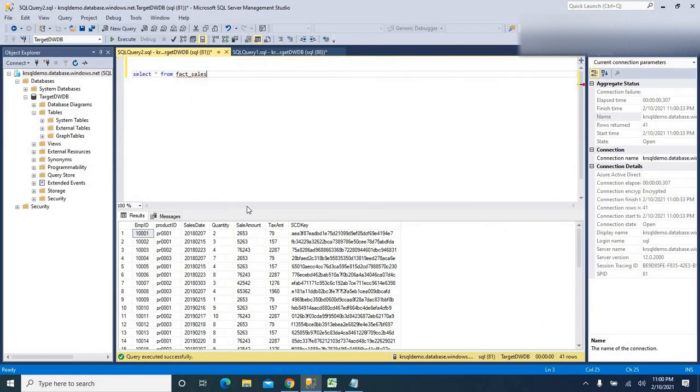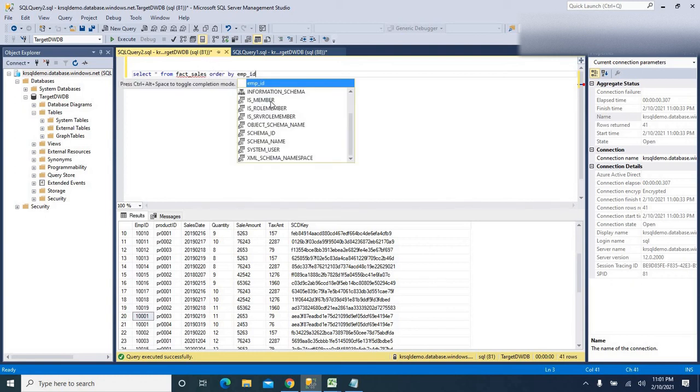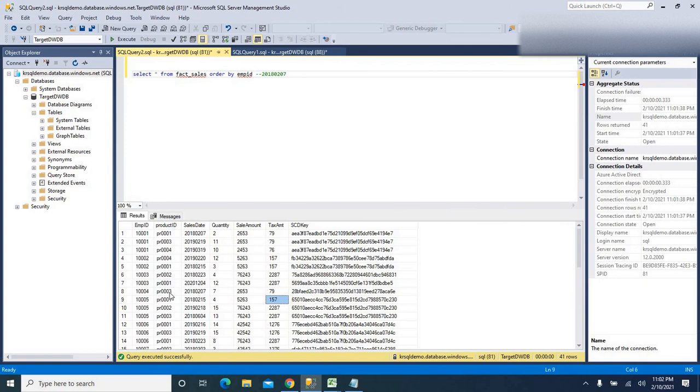All right, so I got the result now. See here: employee ID, product ID, sales date, quantity, sales amount, tax amount, and SCD key have also been populated into the fact table. Let me sort the data, order by employee ID. Okay, let's compare the data here.